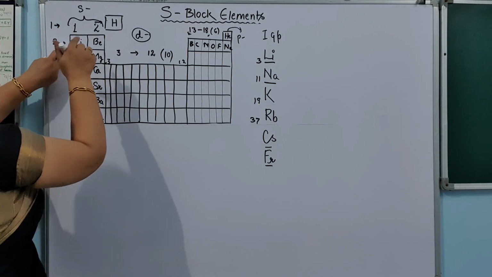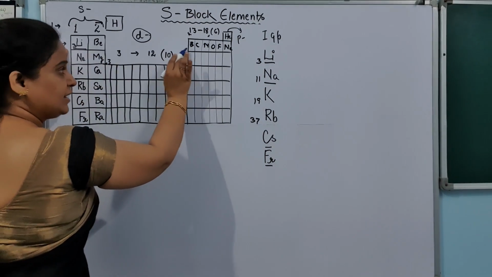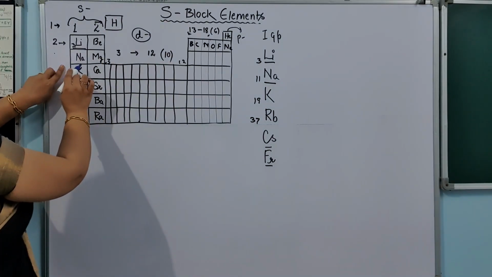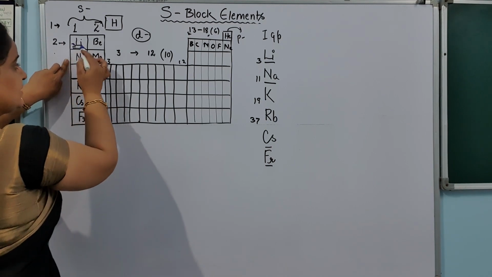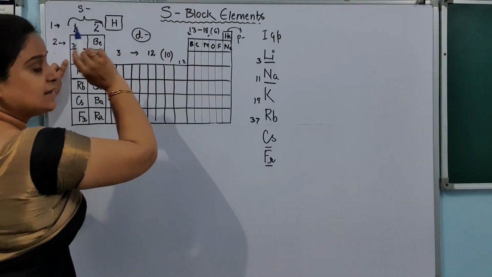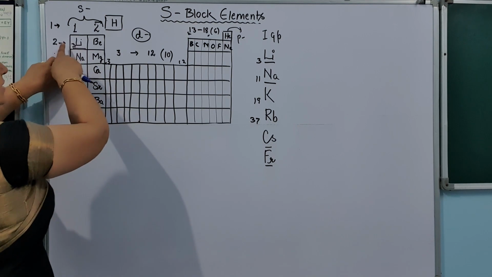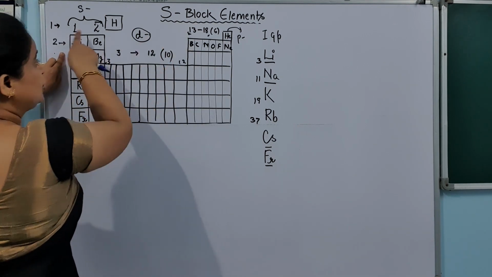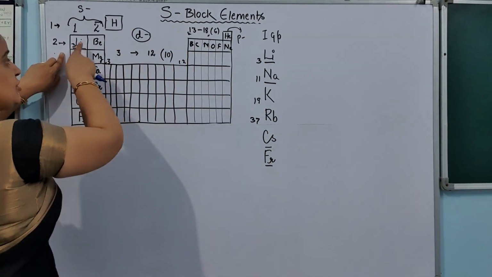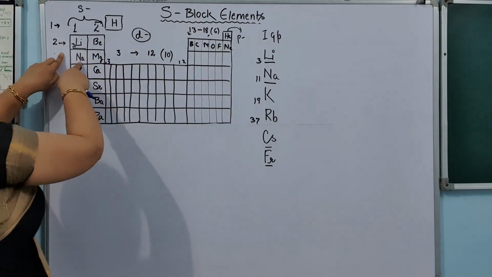So this means that if I am at lithium, I have to first fill the period of lithium, that is the second period, and then only I will be able to come to sodium. So what is the difference between the sodium and lithium atomic numbers? That will depend on how many elements are there in that particular period. Can you see the structure of the periodic table? In the second period, there are 2 elements from the S block and 6 elements from the P block. So this is 2 plus 6, 8 elements which we have to fill first, and then we can move to sodium.